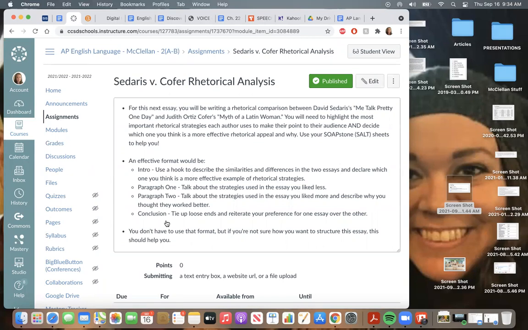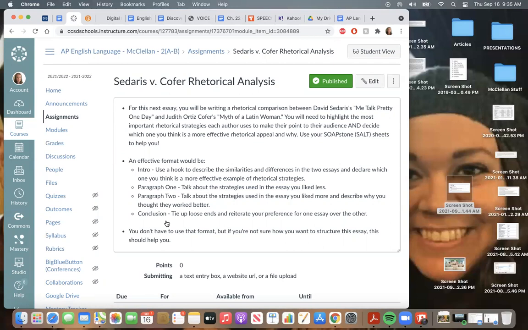This would be a way that you could do it. In your intro, you could use a hook to describe the similarities and differences in the two and decide which one you think is a more effective example of rhetorical strategies and appeals. And then in the first paragraph, you could talk about the strategies used in the essay you liked less and just kind of go through them briefly and be like, he used humor and he used personal anecdotes, but then